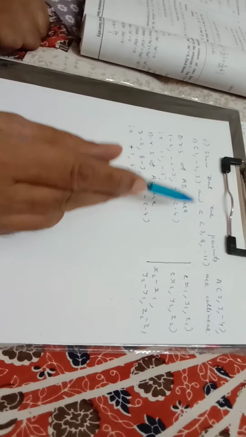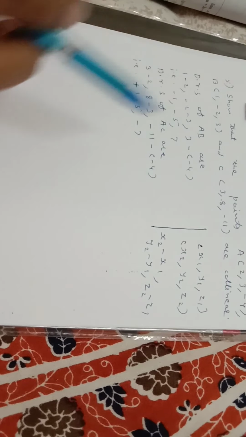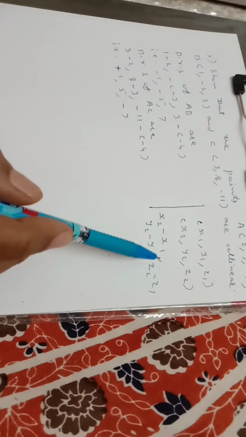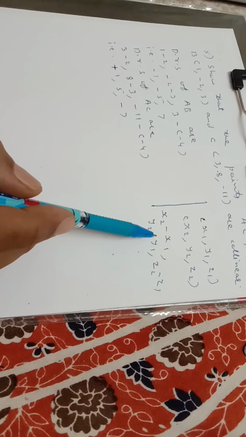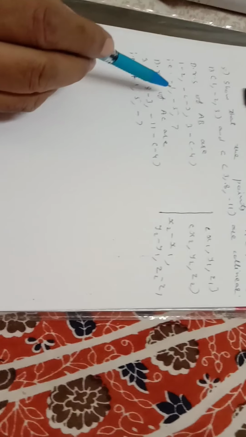Coordinates of 3 points in space are given. 3 points A, B, C. We may find direction ratios of AB and direction ratios of AC. Instead of that, we may find direction ratios of AB and BC. So here we have found direction ratios of AB and direction ratios of AC. We have already seen that when there are 2 points in space, direction ratios are given by the difference between corresponding coordinates. Now here compare direction ratios of AB with direction ratios of AC.